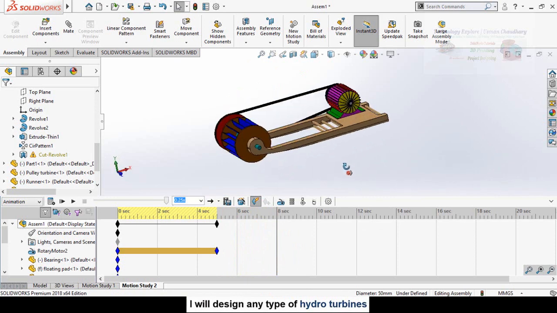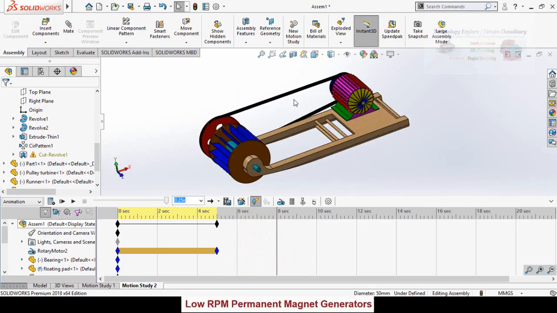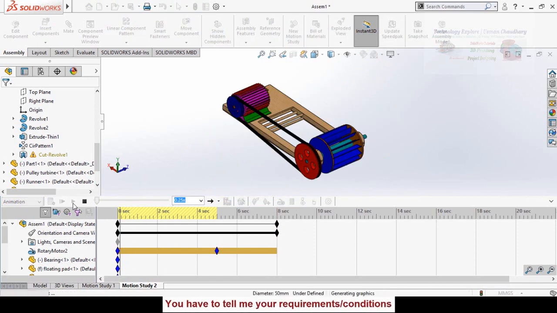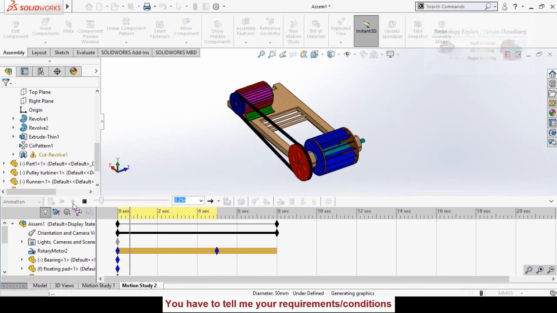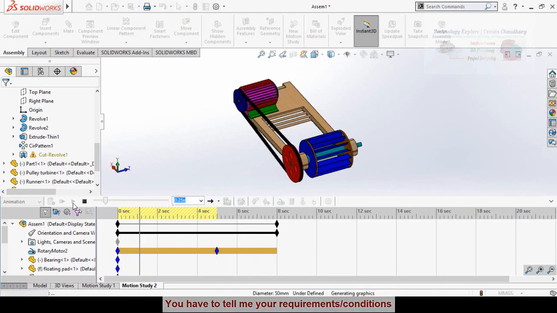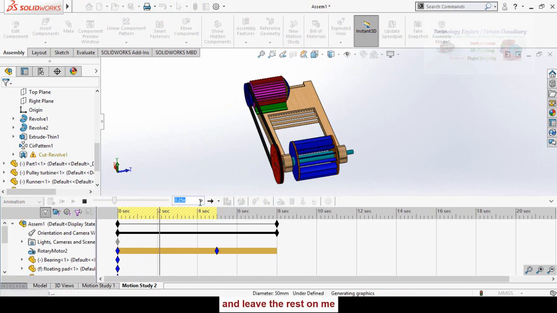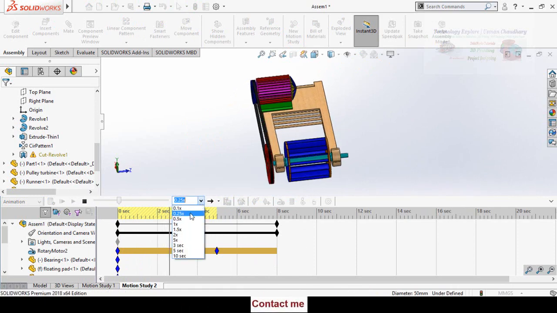Rotate the model like this. Again right click here and place key. Now again you can play or calculate. Here is the speed of the animation.